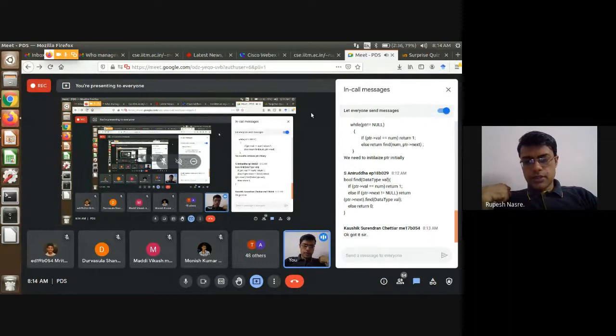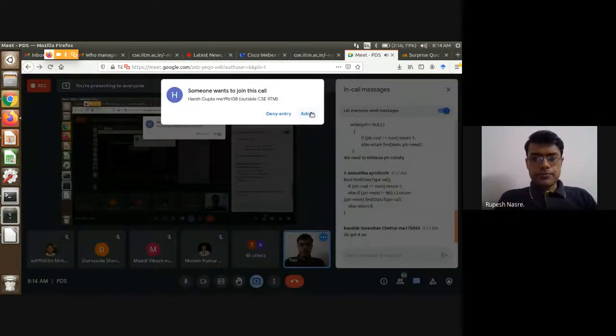Else if ptr arrow next not equal to null, then else return 0. Yeah, so only the first case needs to be taken care of, head being null. Otherwise, this seems to be all right. Yeah, this seems to be okay.